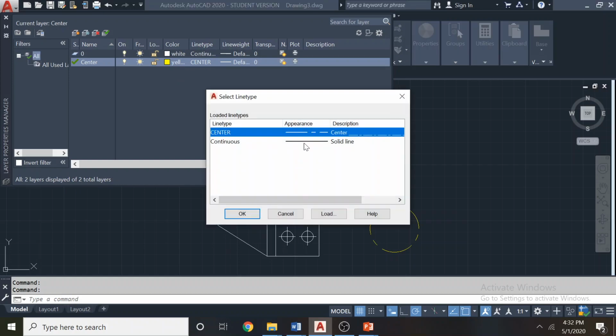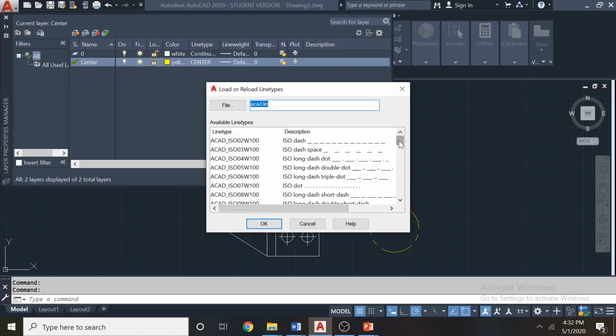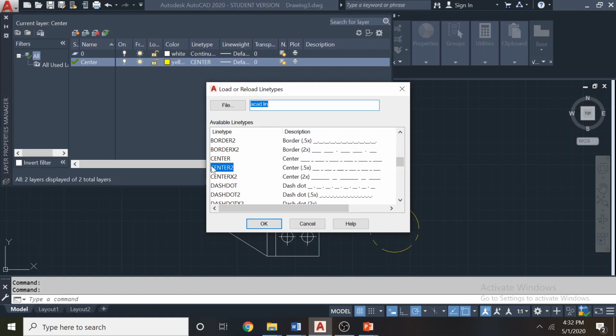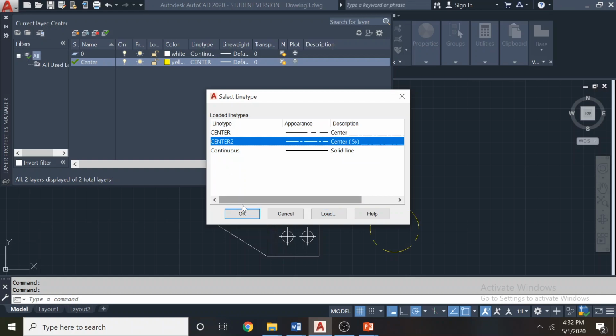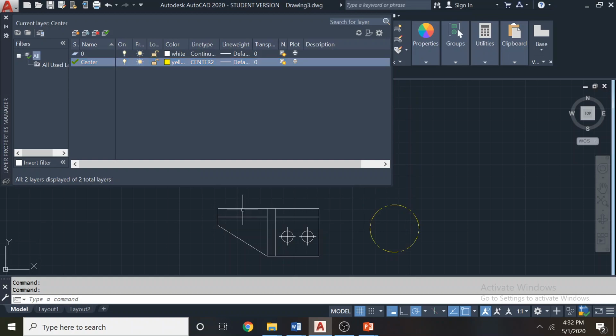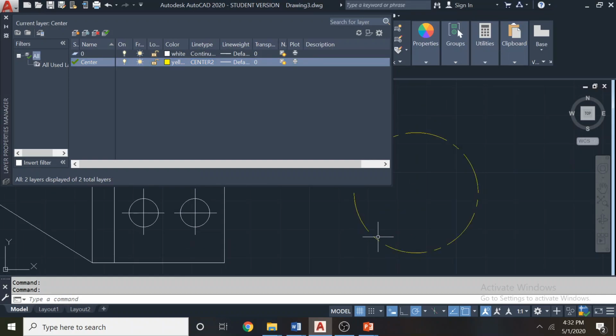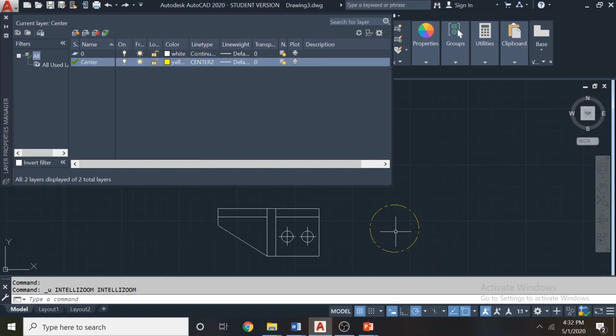Now if you select center half x and load it, watch here, you will see what's going on. Now the length is shortened. Earlier the length was this much, the big length. Now the length is shortened.